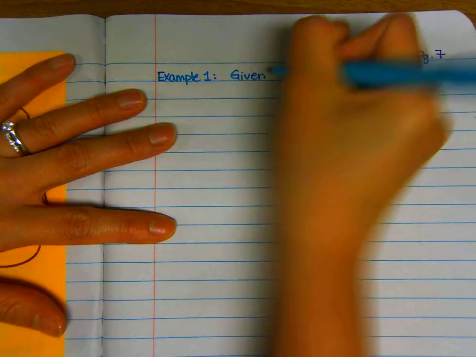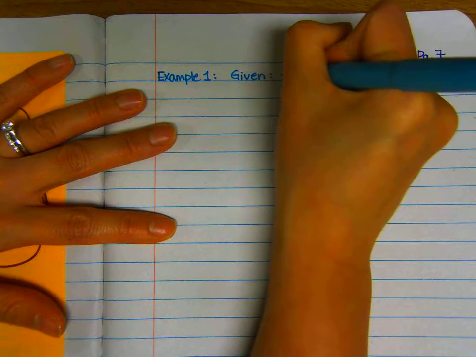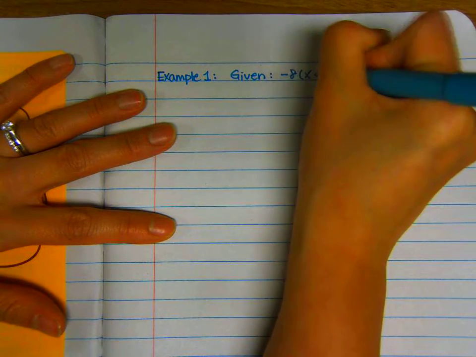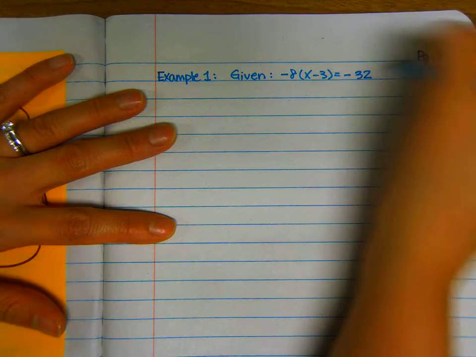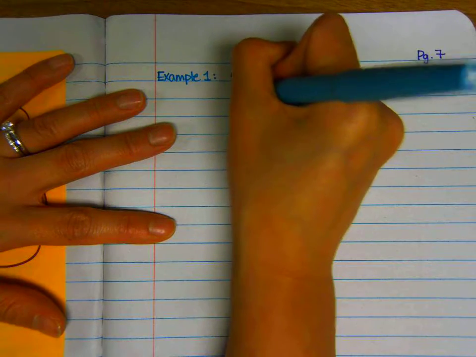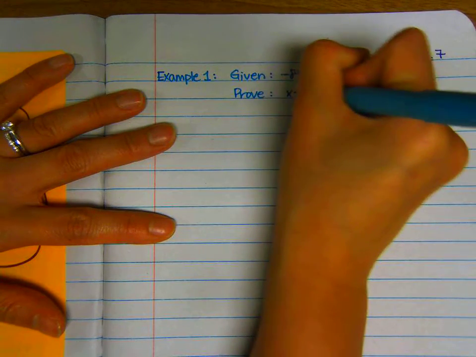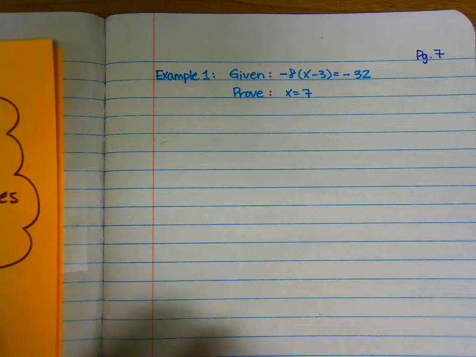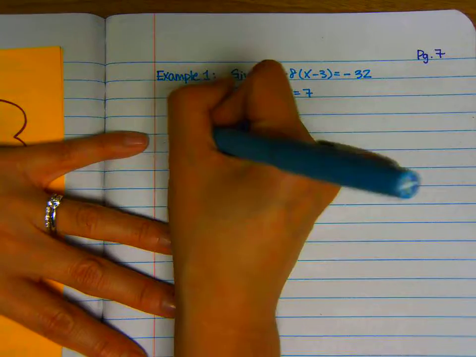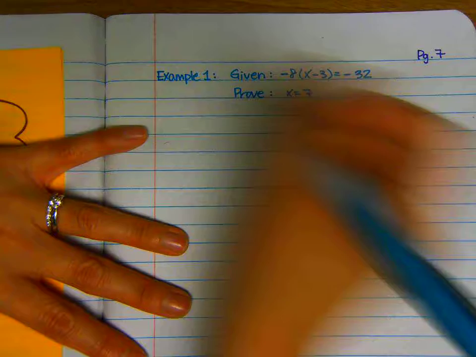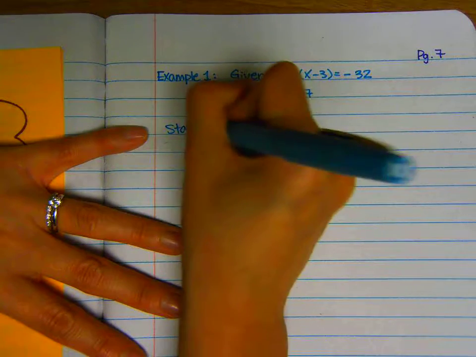Problem. When the given information is negative 8 times the quantity x minus 3 equals negative 32, we need to prove x equals 7. They already give you the answer. What you have to prove in algebraic proofs is to show your steps in the statements and give the reasons using properties. So first, I want to write down the statements column,